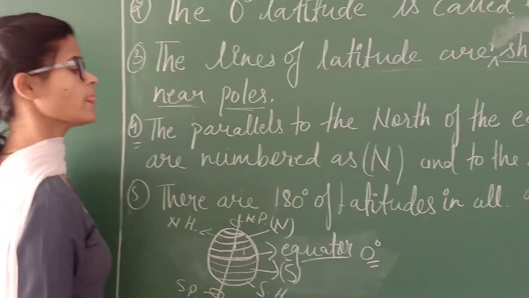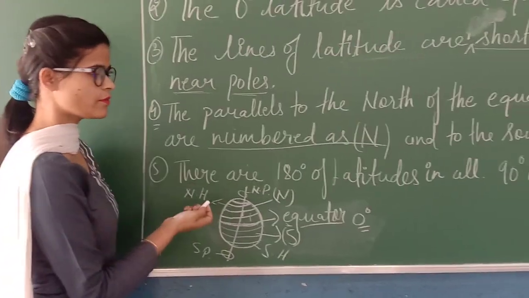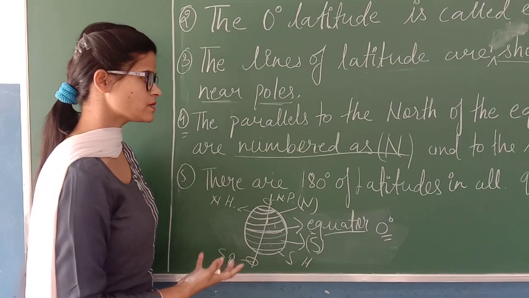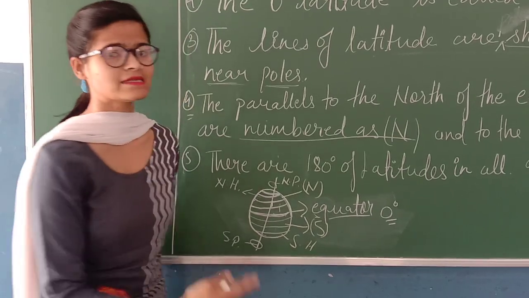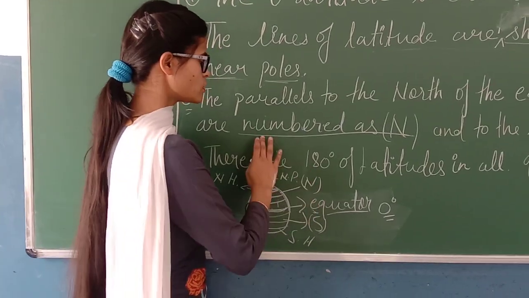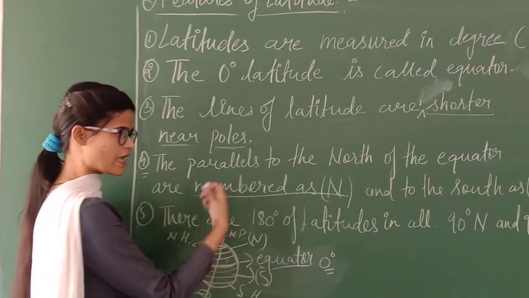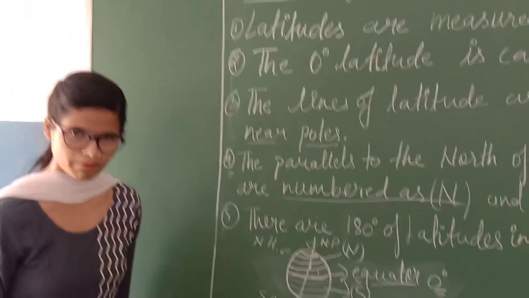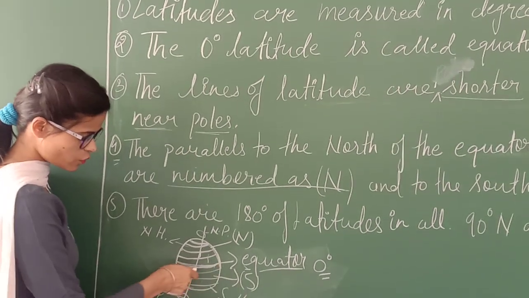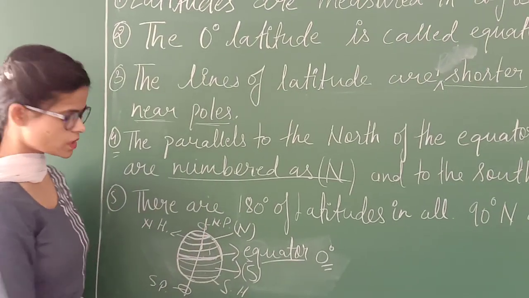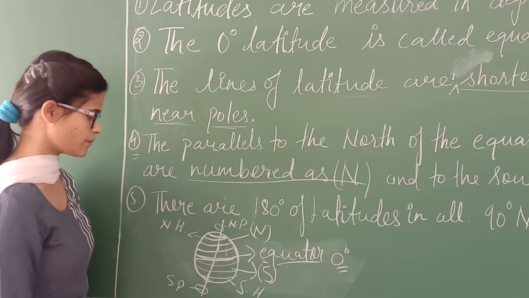Now you will ask me, ma'am, you said numbered as N, but here there is no number, it is the alphabet. So we are just saying that it is numbered as. We can also say that it is denoted as S or denoted as N. So don't think that I am saying number. N is not a number, it is an alphabet. So that is why इक्वेटर के ऊपर का जो हिस्सा है हम उसे N से डिनोट करते हैं और जो उसके नीचे का है साउथ पोल की तरफ को उसको हम S से डिनोट करते हैं.